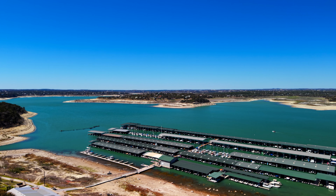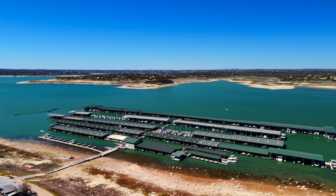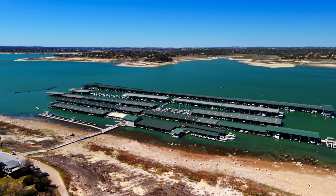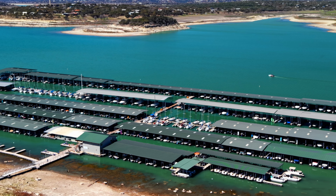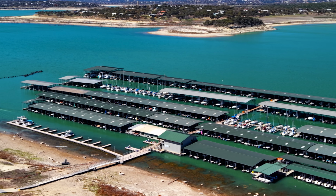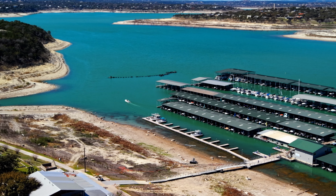A little bit more altitude. Bam. And there's our nice high quality marina. Let's hit that 2X. Those gorgeous boats at the marina. And a nice little bam